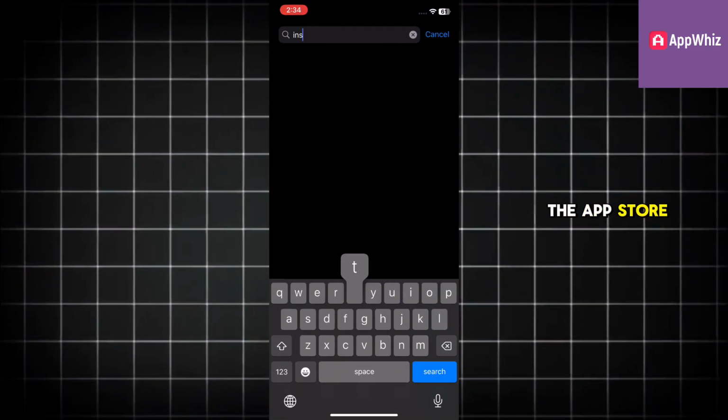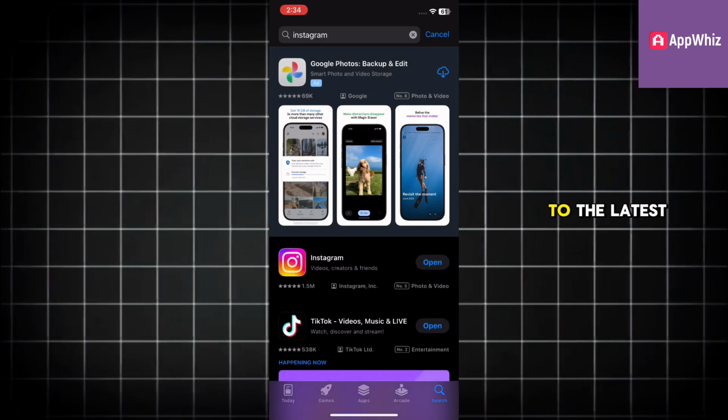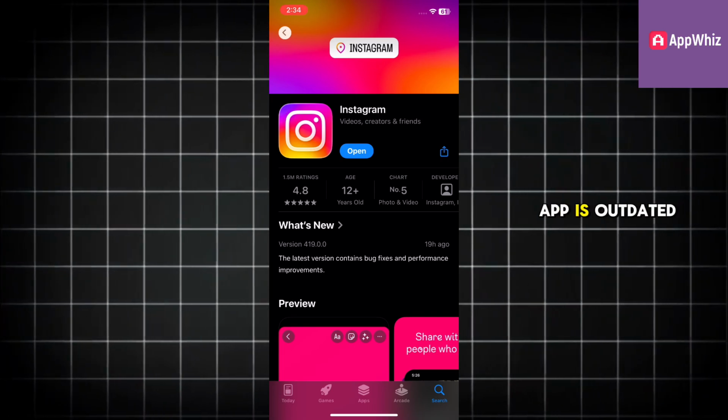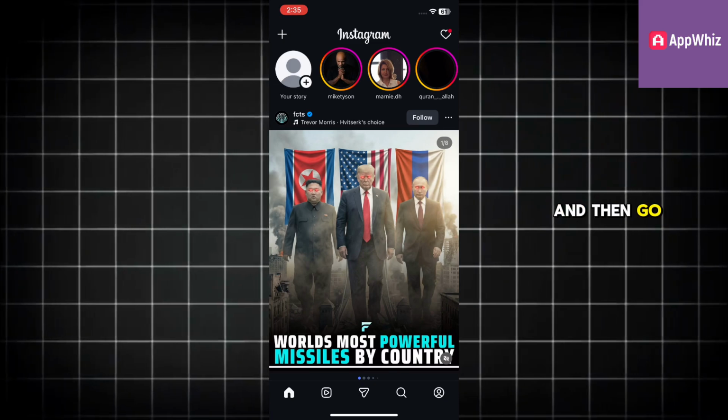By going to the App Store and in the search bar type Instagram app. Make sure the app is updated to the latest version, because sometimes some options do not appear if the app is outdated. Once you have updated the app, simply go to Instagram app and then go to your profile in